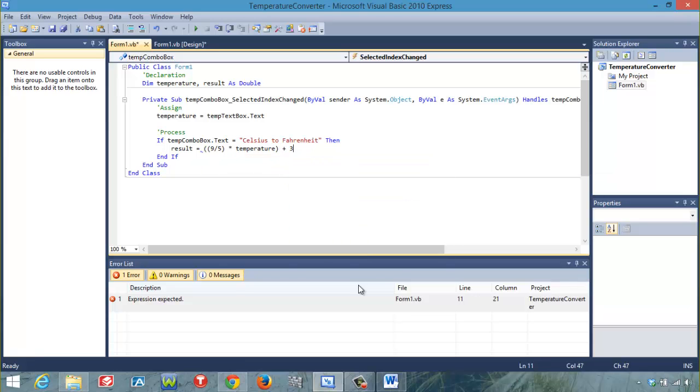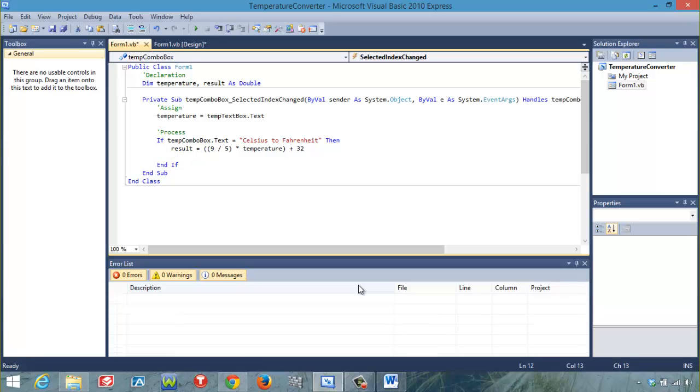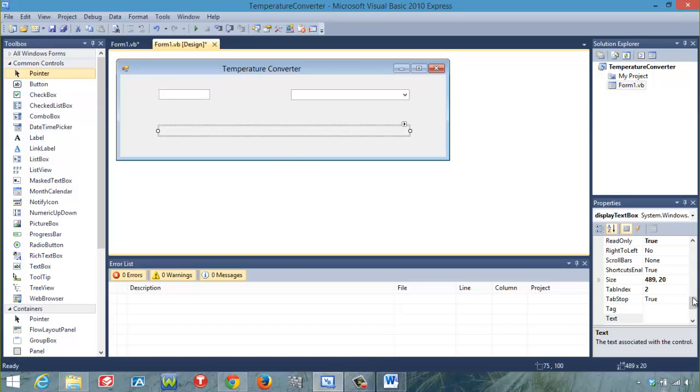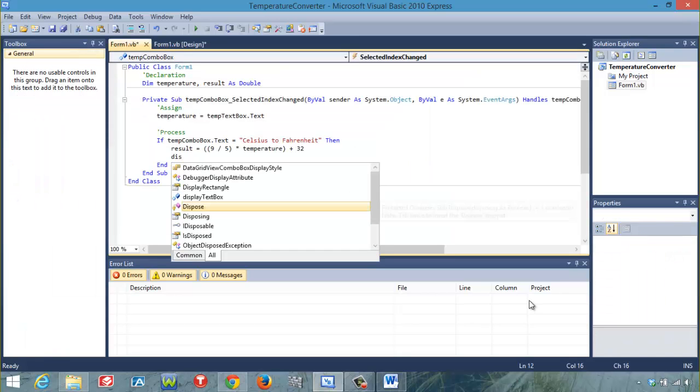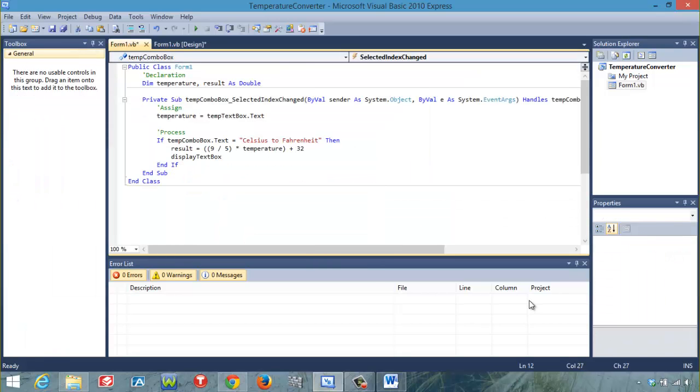Then plus 32. Okay, and then this is the result. Now, what do we want this to be displayed in? We want this to display in the display text box. We want the display text box dot text to be equal to